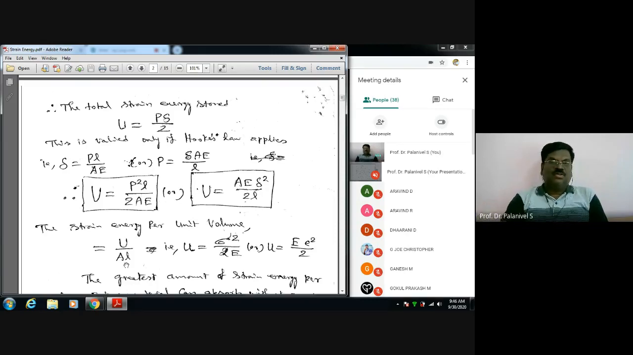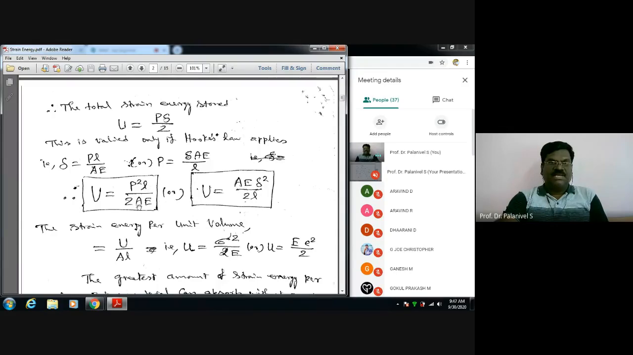So what to do? The total energy, you have to divide that by the volume of the bar. Okay, that's why U by AL. That is U equal to sigma square by 2E. What is that sigma? How do you get? If you substitute AL here, if you divide this by AL,